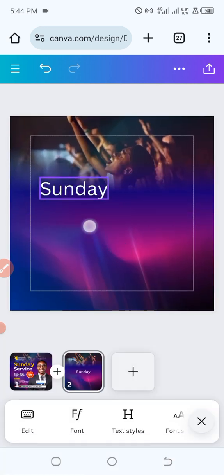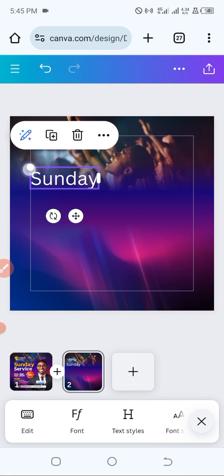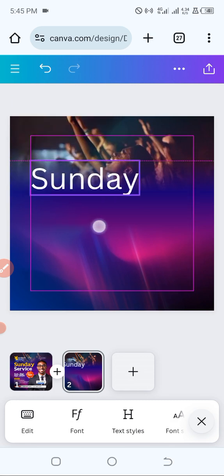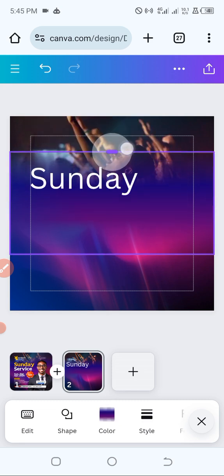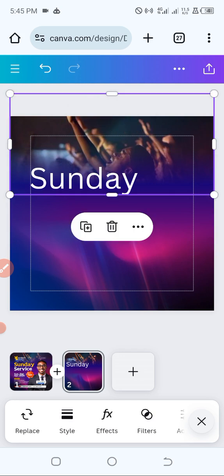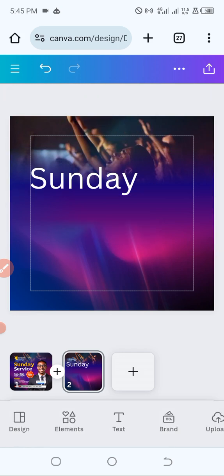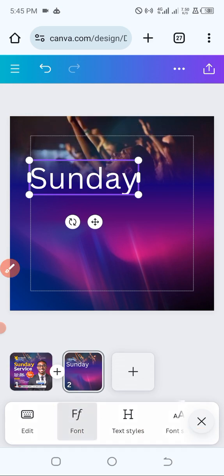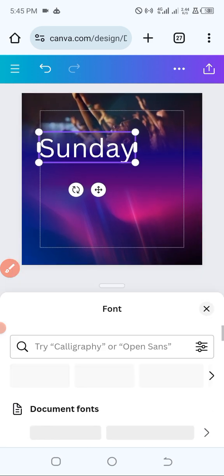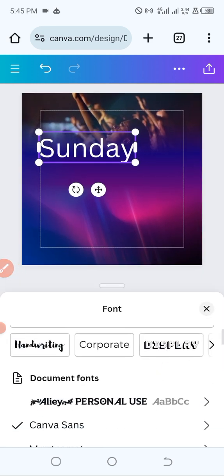All right, so I've got this here, but okay, I think I need to still put this up a little. Awesome. All right, so the font is, let's go to font. If you click down here, you'd see font. When you select the font, we're making use of this font called, I don't know how to pronounce it, but